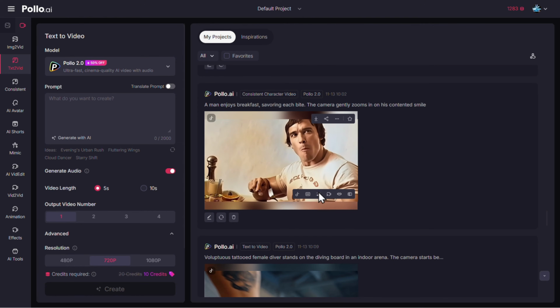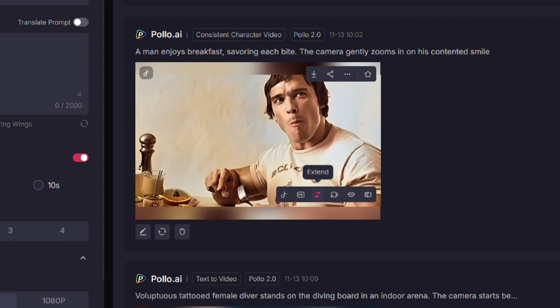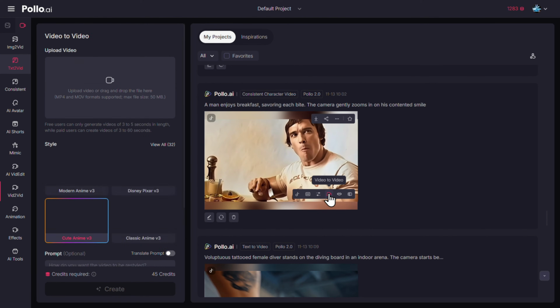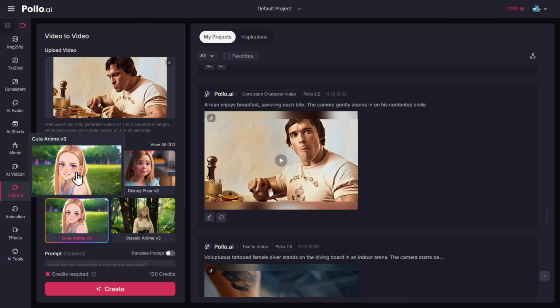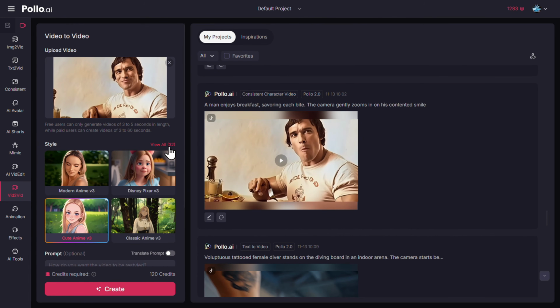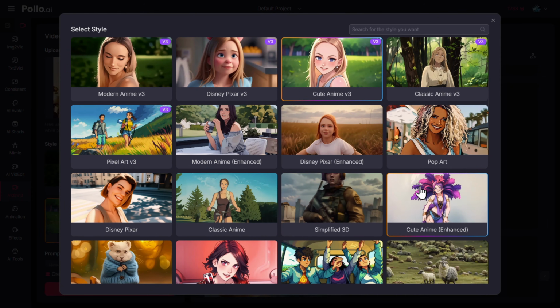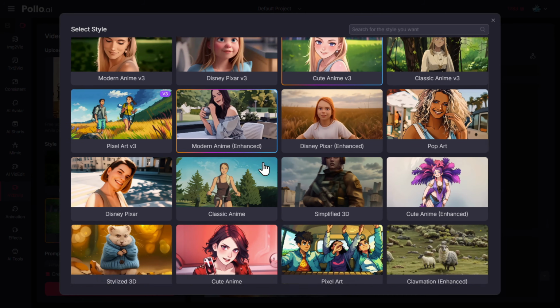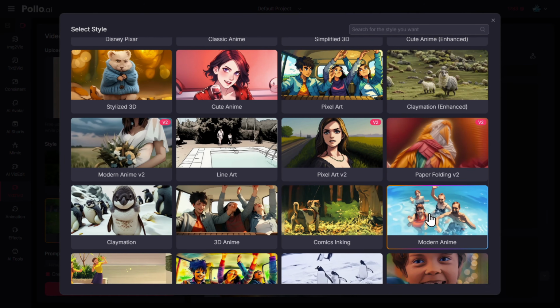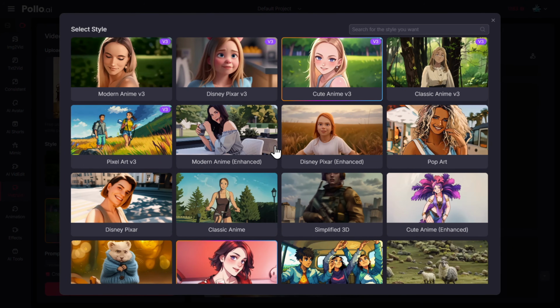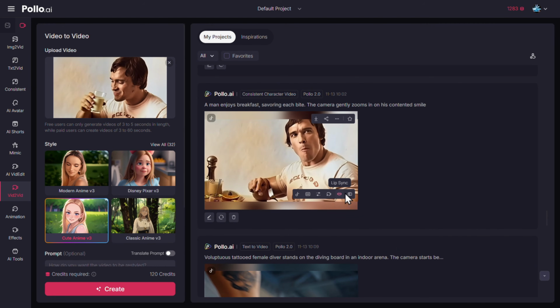And by the way, notice something here. So I can extend the video, I can make an HD version of the video, I can add additional sound effects. I can also click on video to video. So when you do this, then you can transform this video into the anime, into Disney Pixar, or into many different versions. So for example, simplified 3D, cute anime, pop art, modern anime, pixel art version 2, many different things that you can do with the video that you created and then transform it to something else. Or for example, lip syncing,